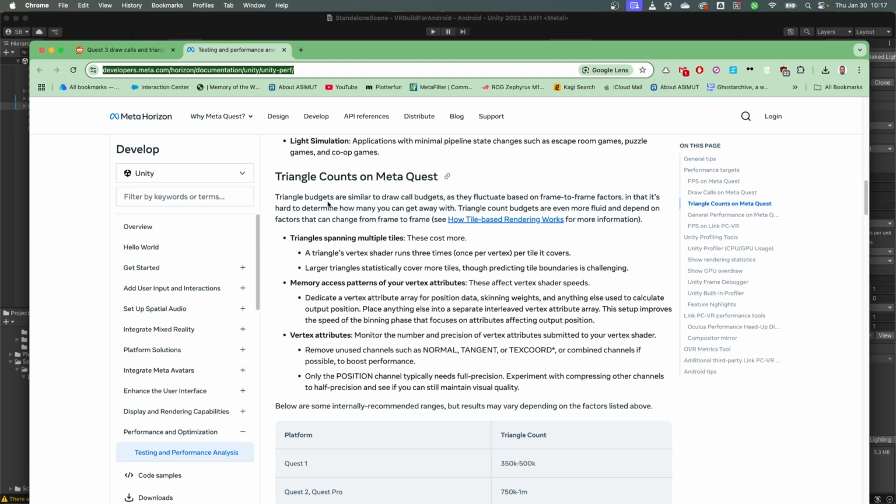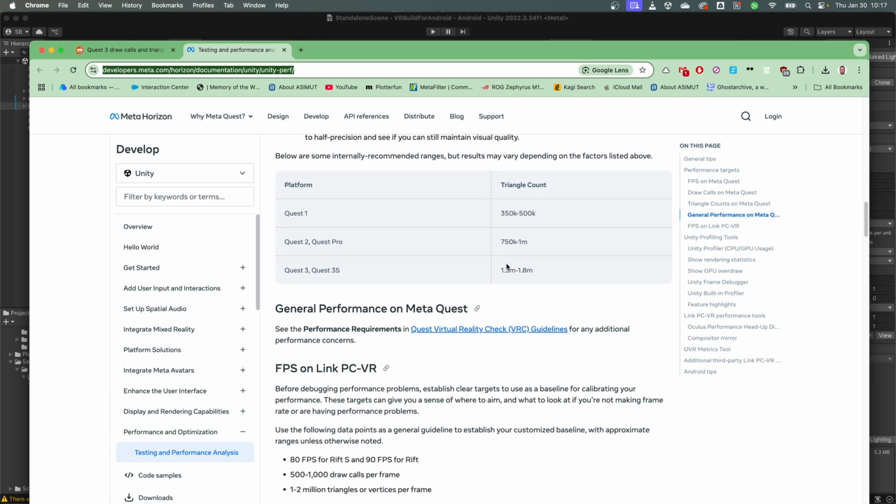The main thing that you'll probably want to note, of course, is the triangle count. So depending on whether you're building for a Quest 2, generally you want to stay under 750,000 triangles in your scene or on any given view at a time. And for the Quest 3 and the 3S, you want to stay somewhere in between 1.3 to 1.8 million. So that's actually a fair amount, but if you have lots of unoptimized meshes, that can definitely have an